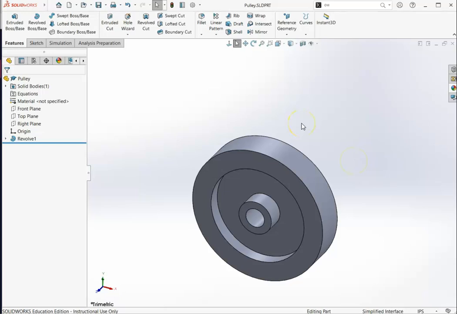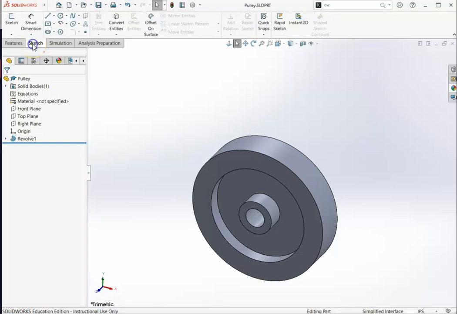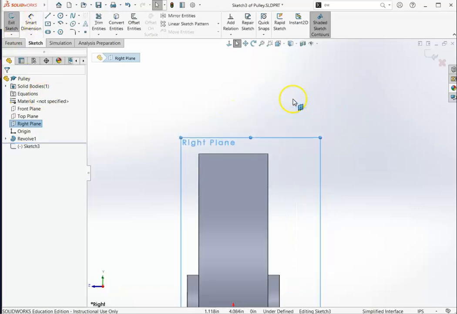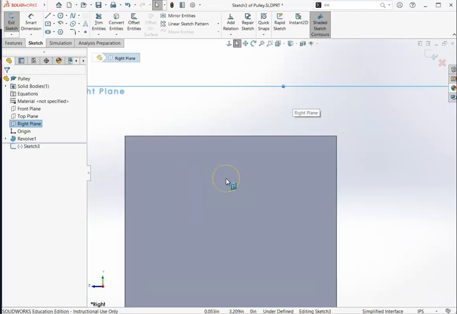Next thing I need to do is, my pulley though needs to have a little channel cut in it. So let's do that. So we're going to do a new sketch by clicking the Sketch tab, clicking on the right plane, clicking the Sketch button. It rotates my view again. And now if I look carefully in the book,